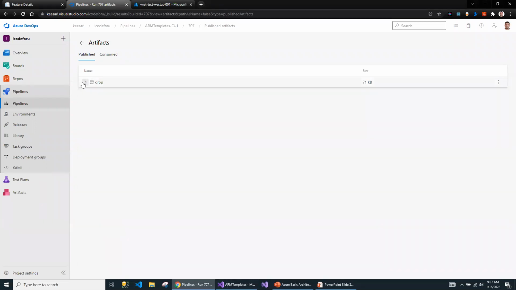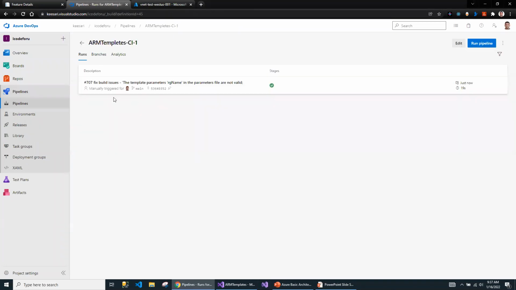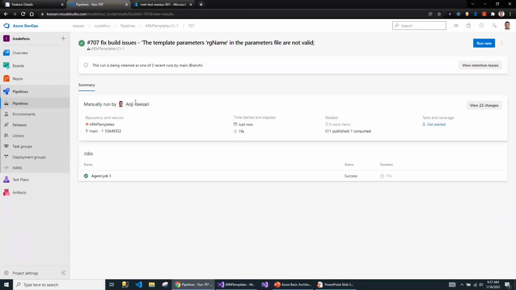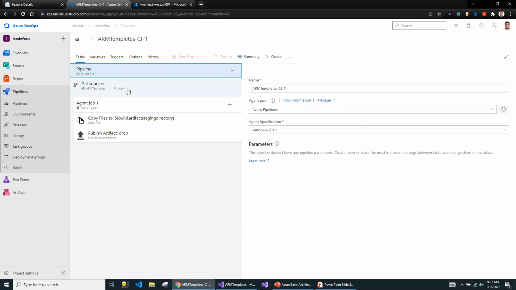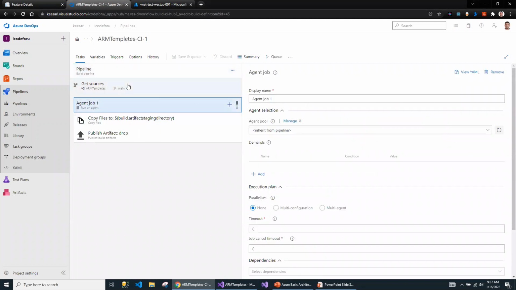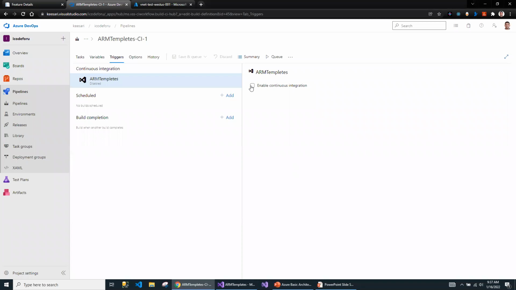So this is what is expected as part of the build pipeline. And every time you run the build, it is going to create the build basically. So let me also enable this build so that when you commit the code, it is automatically triggered. You can say enable continuous integration from this main branch. So whenever you commit something, the code is going to build and prepare the draft folder with all the artifacts. So I will say save. I've already built, so I don't need to build it again.